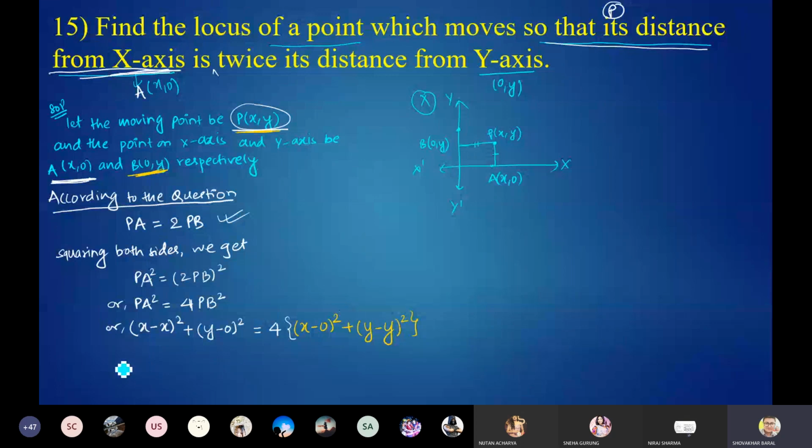So let's simplify it further. x minus x is 0, y minus 0 is y, so y square equals 4 times (x minus 0 is x square, y minus y is 0, square of 0 is 0, so I am going to avoid it). So y square is equal to 4 times x square, or you can simply leave it as it is, or if you want to arrange it in standard form, first write